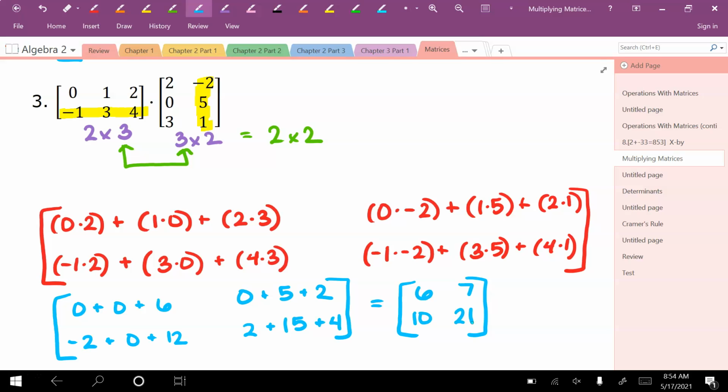All right, so I went ahead and finished it out up here. Go ahead and match yours to mine. Make sure that they look the same. And again, if you made a mistake, go in, find it, and fix it so that your notes are